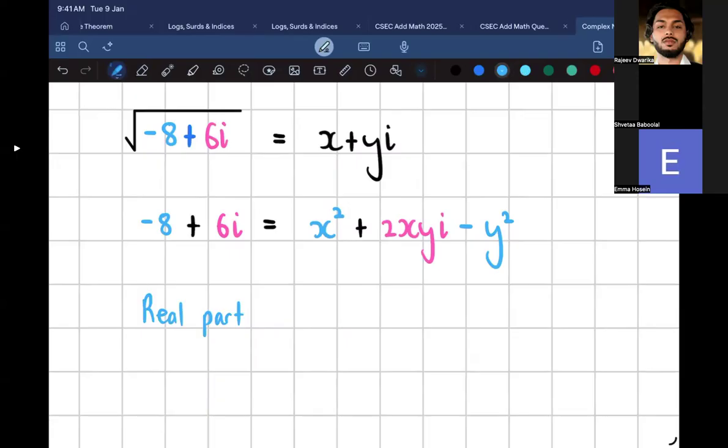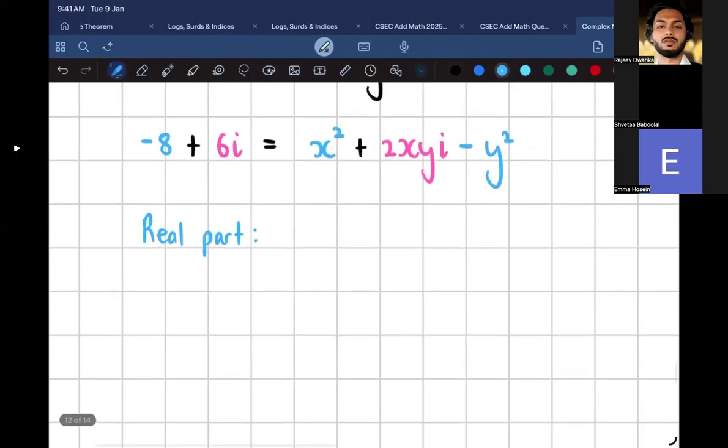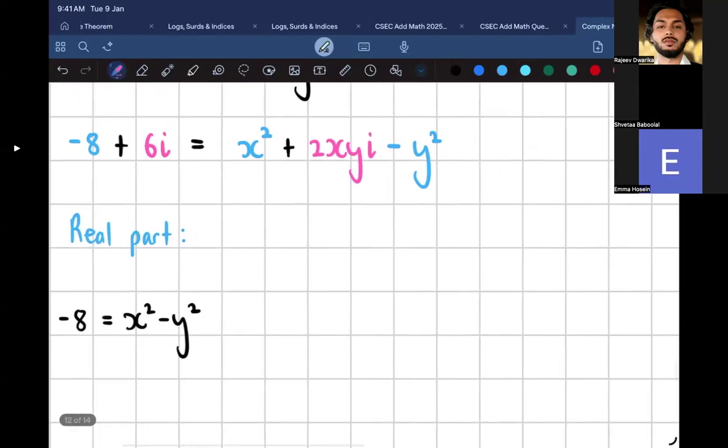Yeah. So the real part, big up Miss Sangita one time. Right, so the real part is going to be: minus 8 is equal to x squared minus y squared, and the imaginary part,